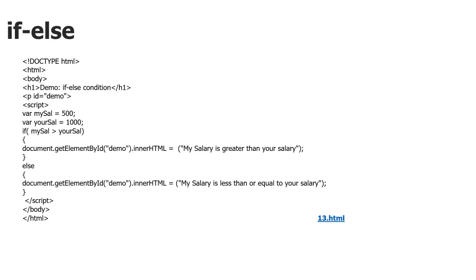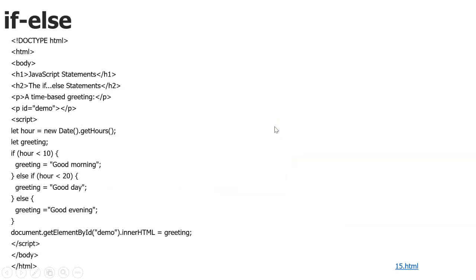What is there in the else part? My salary is less than or equal to your salary. That will be printed. Okay. For this also I'll show the output. So once after explaining everything, this is